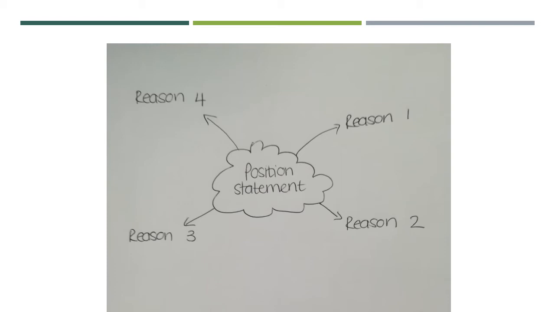Your third reason might be, my client has no history of anything like this before, and you will unpack and explain again. So like a lawyer has to persuade the judge of the position that his or her client is innocent, you need to persuade your reader that your position is the correct position. And this is where you're going to do it, with your reasons.